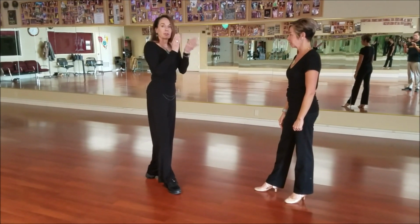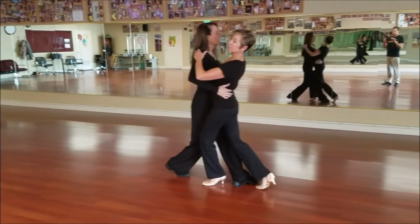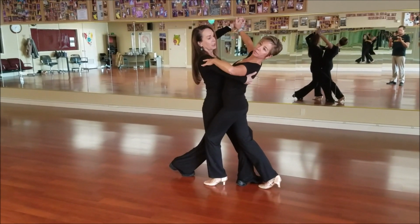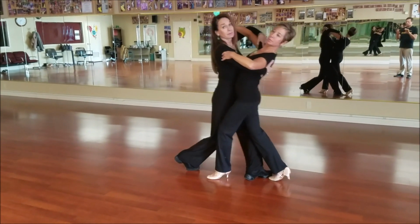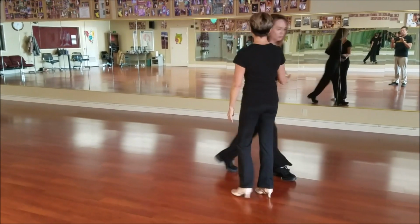We're basically doing the same step. We're doing a rock with our thighs connected, with our right hips trying to dance through our partner's right hip. Okay? So if I'm doing a contra check there, or I'm doing a back check, same thing. All right? So in this case, when we do the basic weave,